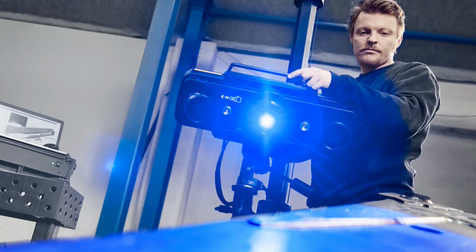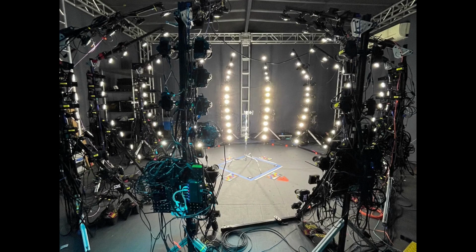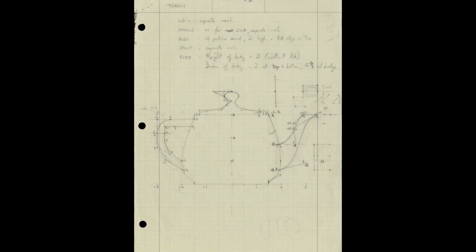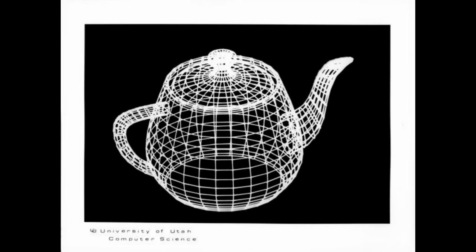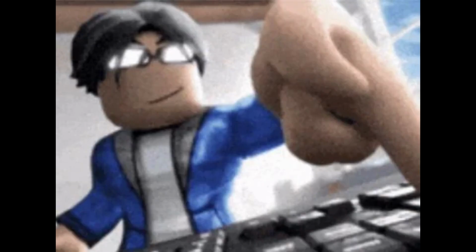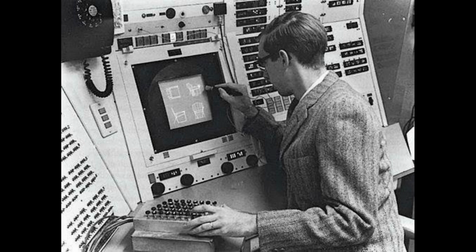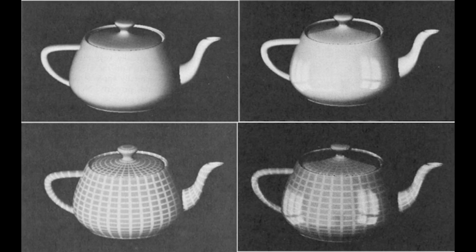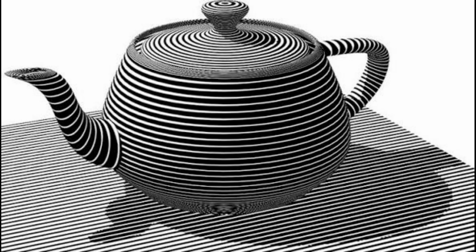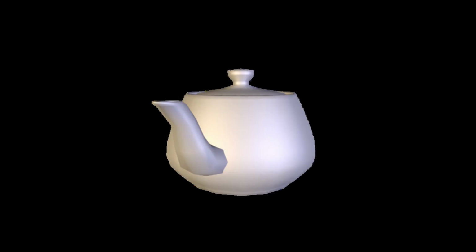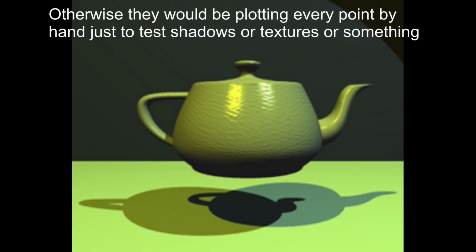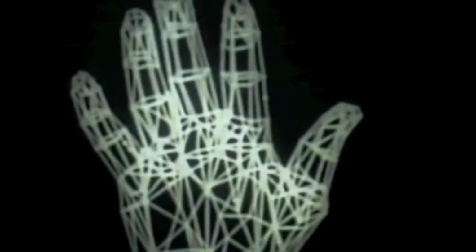He didn't just scan it like you can today. He would have had to manually figure out where every point has to go using graph paper and everything, and then input those into a computer manually. Not everyone would want to go through that painstaking process, especially if they just need a model for a similar, simple purpose. So because of this, it was used many times for testing computer stuff on it, because it already existed and they don't need it enough for it to be worth all the extra effort to make an entire